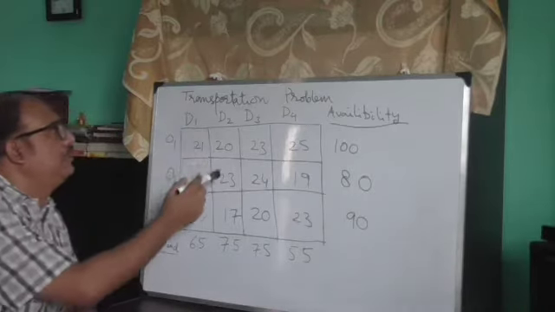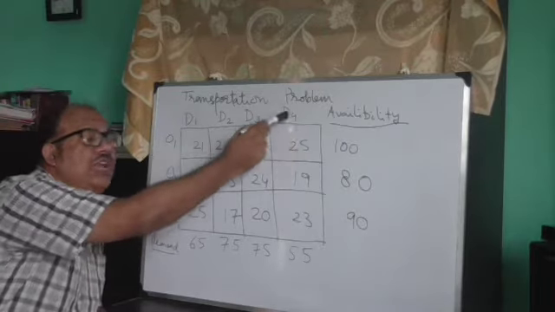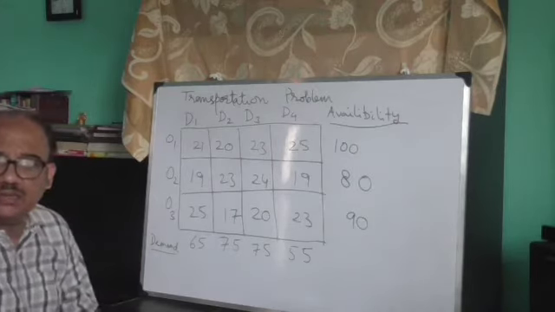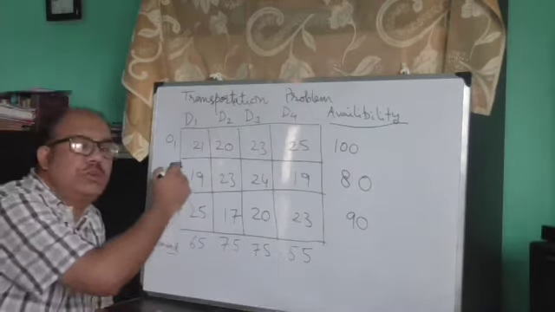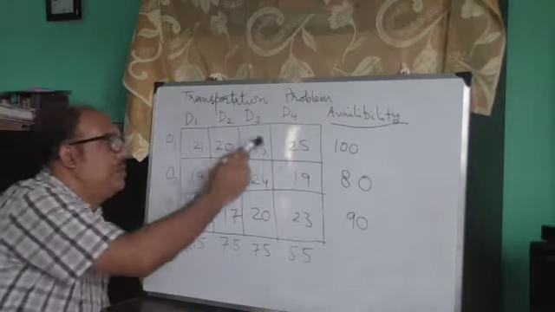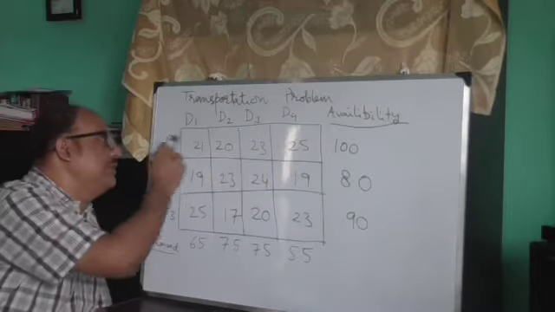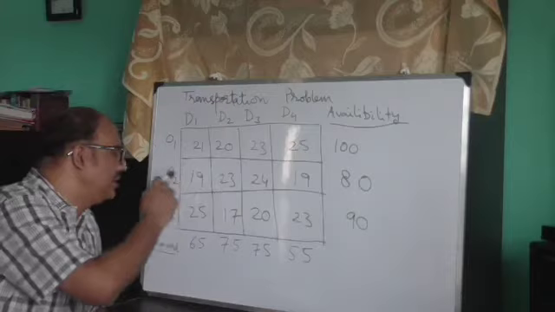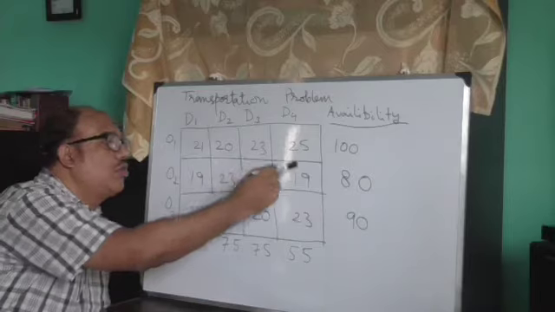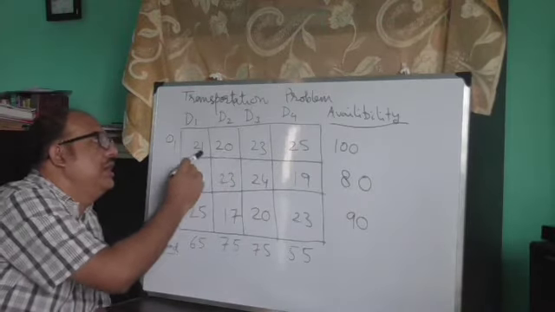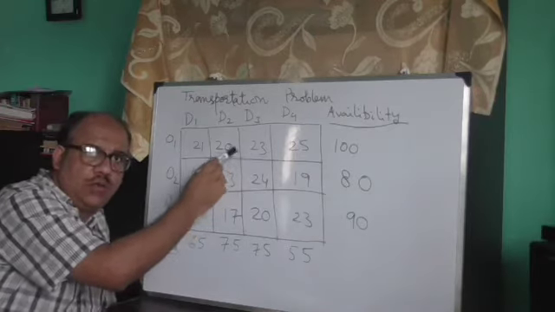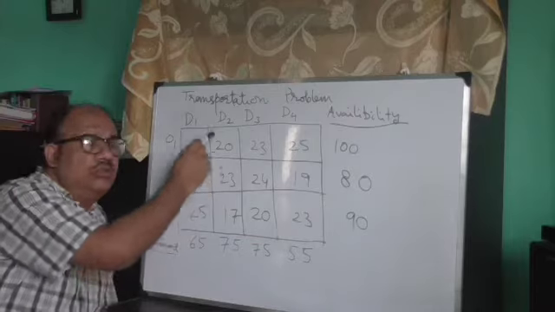Here in this particular example, D1, D2, D3 and D4 are four destinations or outlets, and the goods are to be transported from the origins to the destinations. This particular matrix is a cost matrix. We assume in this problem there are three origins and four destinations, written in terms of a matrix. It implies that these are the per unit transportation costs from each origin to different destinations.